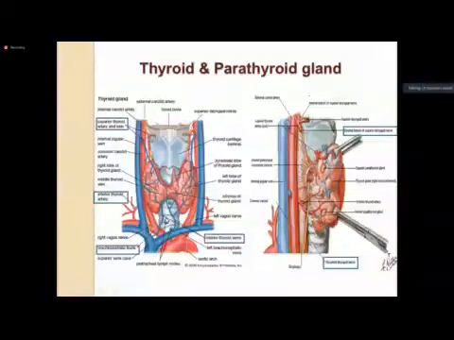अगेन वेन्स उसी के साथ एसोसिएटेड हैं कि these are inferior thyroid veins जो कि डायरेक्टली ड्रेन होंगे into the brachiocephalic veins, और इसी तरह से इंफीरियर यहाँ पे ड्रेन होंगे और सुपीरियर ऑब्वियसली जगुलर्स के अंदर होंगे। ठीक है, तो ये है इसकी ब्लड सप्लाई। और नर्व सप्लाई में अगर आप देखो तो